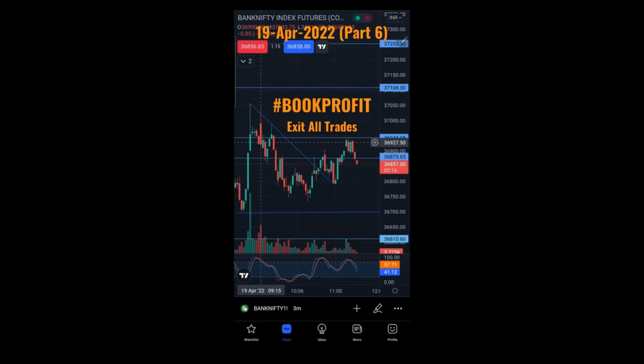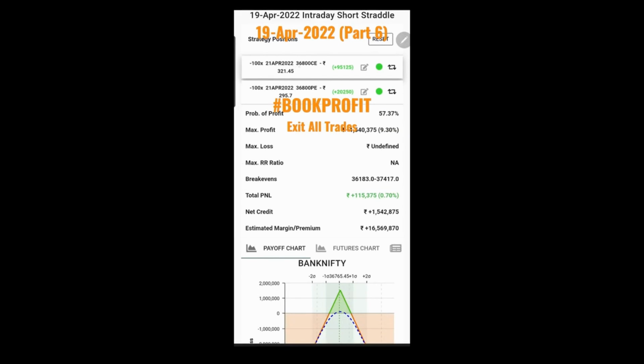So we have taken our trade over here approximately, and we are exiting our trade right now. We are booking all our profit as we are making good theta decay gains, exiting all trades and booking profit. In short straddle at 36,800 call and put short, we are making a profit of total